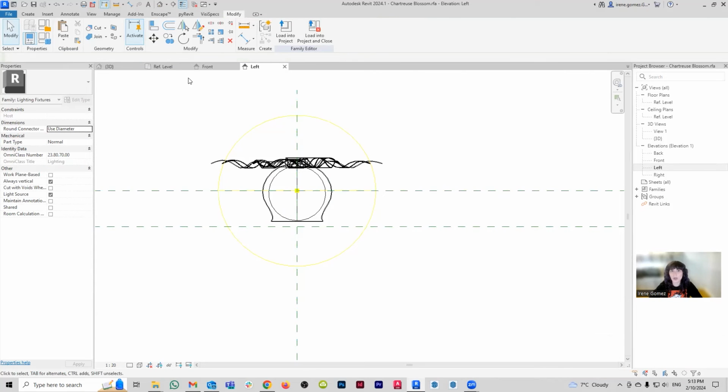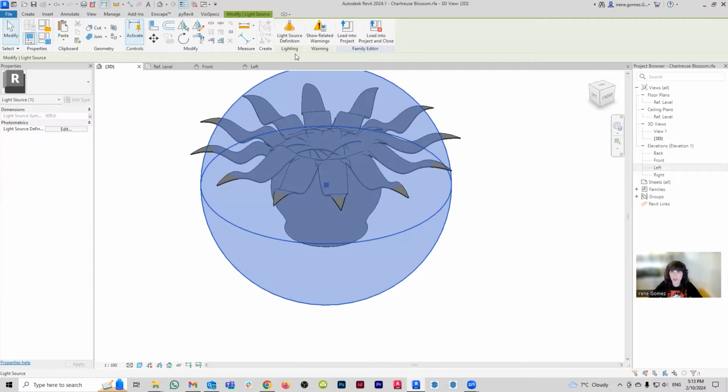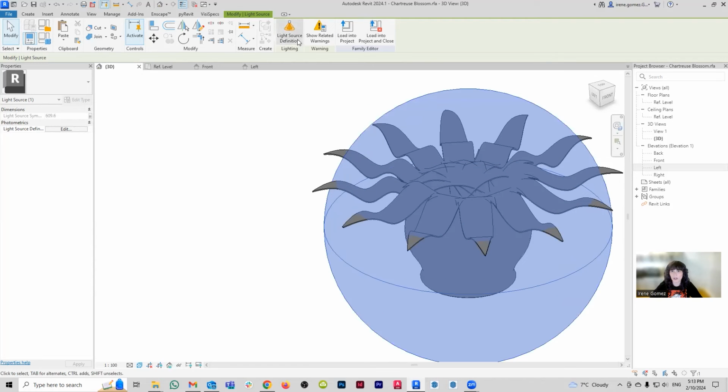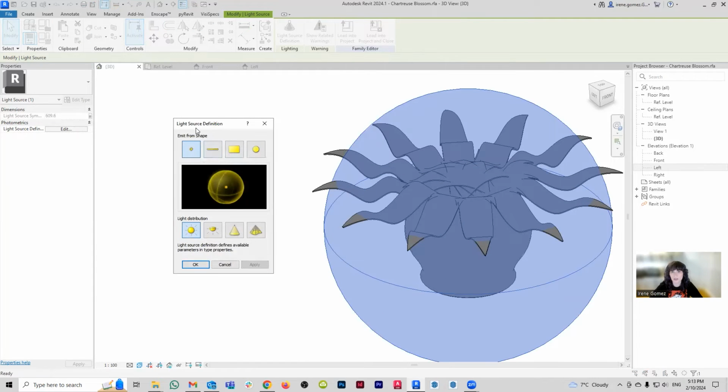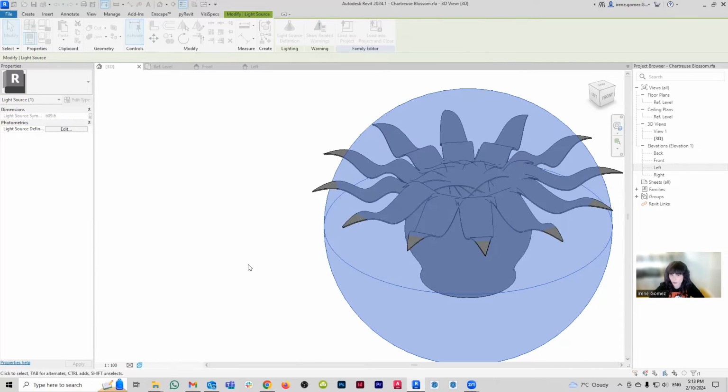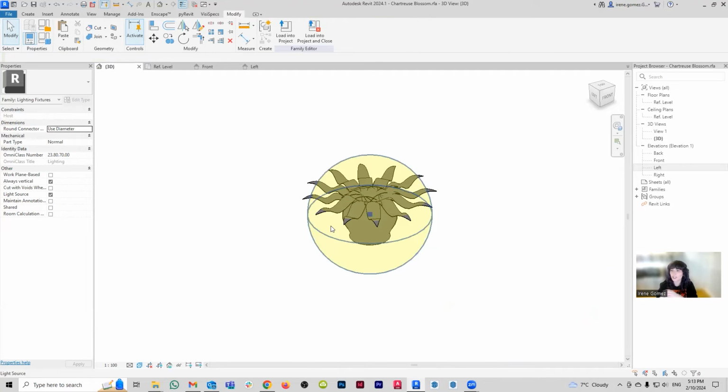Now, finally, when it comes to the light source properties, I'm not going to be messing with any of them. Light source properties are in the light source definition, and that is the emission, shape, and the distribution. In this case, because it's supposed to glow in all directions, kind of like cast through the glass, point and sphere works perfectly fine. So now let's address the elephant in the room, which is that we need to have 3 of these guys, but we only have 1 light source.